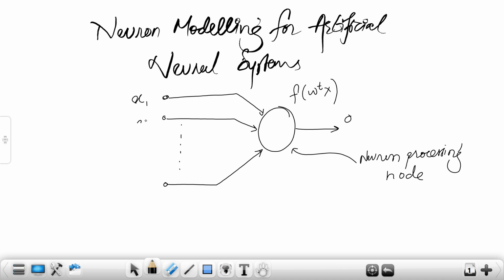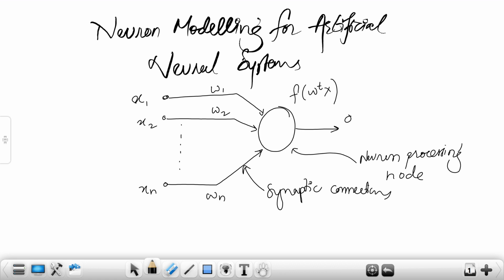Here x1, x2 and so on up to xn are the input values, and w1, w2 and so on till wn are the weights of the synapses. These are nothing but the synaptic connections that we had. The weights and the neuron's threshold are fixed in a model, so no interaction among neurons takes place except for signal flow. When the signal flows, it's fixed for that particular stage. We cannot change it in between.